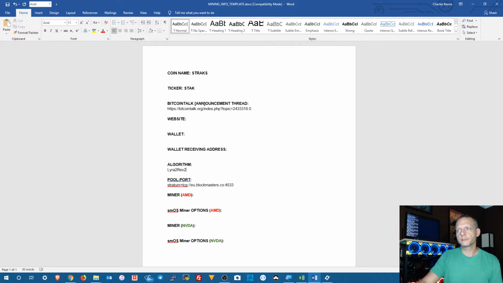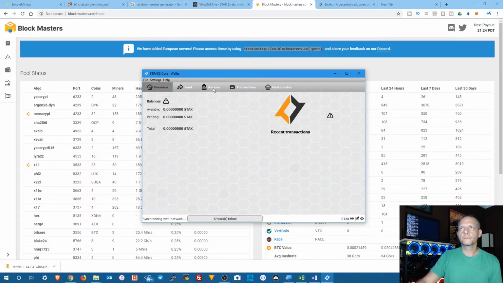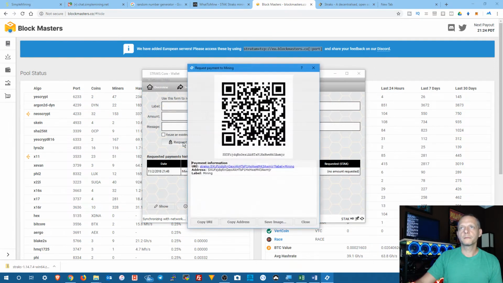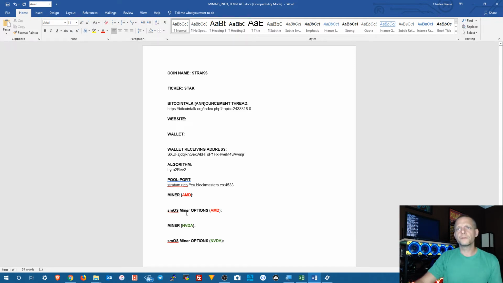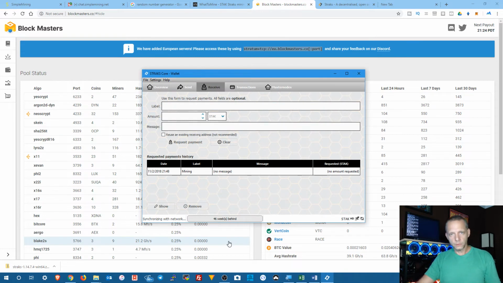Okay, and then let's get a receiving address. Hide that. Receive. Mining label. Request payment. Copy address. Close that. We'll leave that open. All right, and this is Lyra2REv2, so let's use NVIDIA. I believe that it's a little bit better at that algorithm. All right, so we have a pool, we have a receiving address for mining,